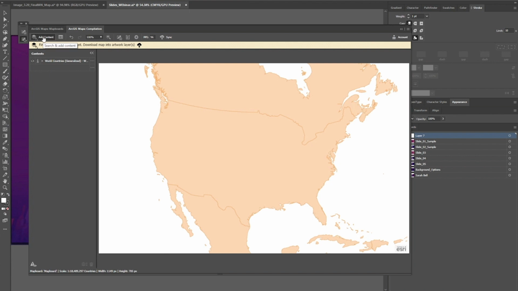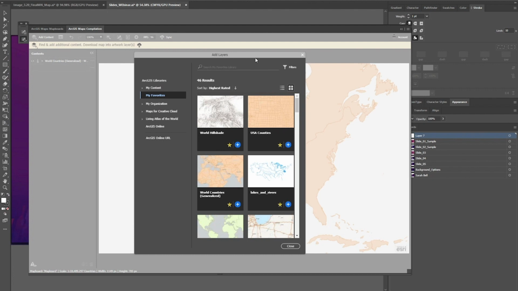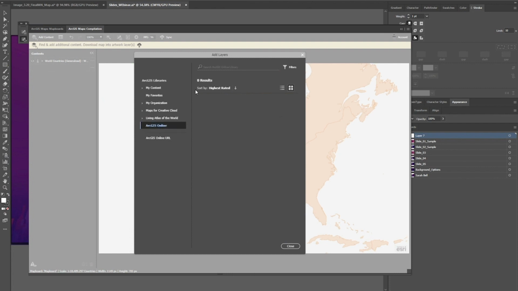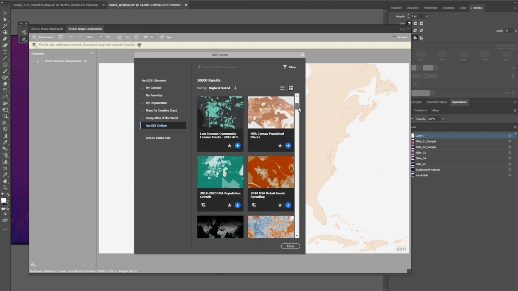So to add data, you go to the Add Content button and you can add layers, so a local file from your machine. You can overwrite from a web map. You can add places, which is really cool, and you can add layers from file. Add layers from files, the local data. Add layers is when you're searching from ArcGIS Online. So this is a very common way to add data, just clicking the ArcGIS Online library and searching all of